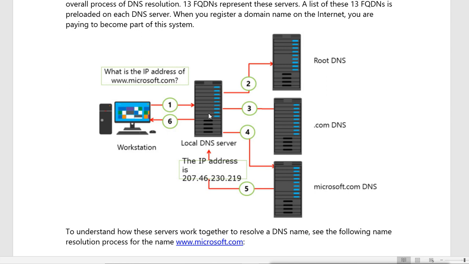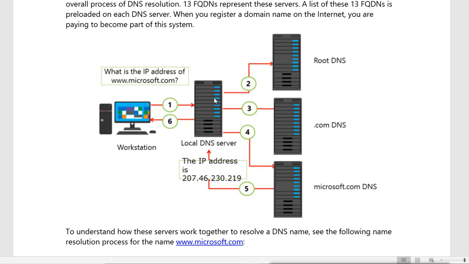Now an authorized DNS server can only answer yes or no. It will check the name and say whether it has the record, and if the record is not there, then it will say no. Nobody else can answer; this server is the authorized server to answer. But if it is not an authorized server, then it will say, okay, I am not authorized, but I can find the name for you, and it can do the recursive query. It is called a recursive query. It does not have the record and it is not an authorized server, so it will find the record for you.